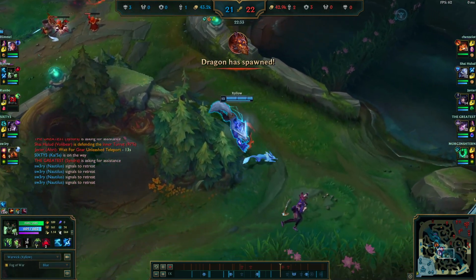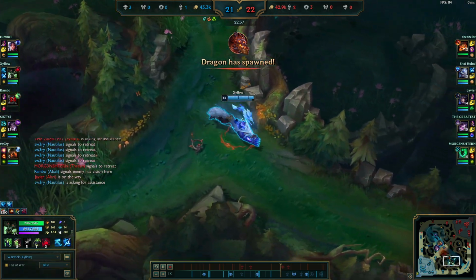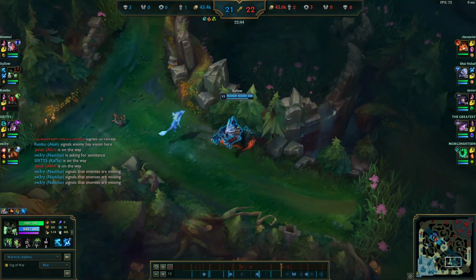I think actually right here what you do is you want to push out the mid wave, and then you just get vision around Baron. So you gotta accept you're not gonna get the dragon, but you can put yourself in position to